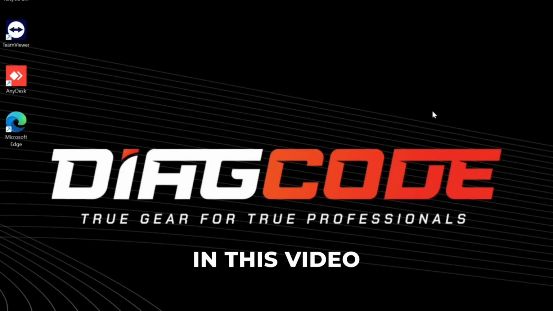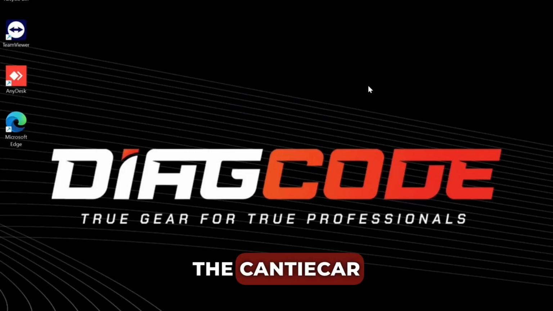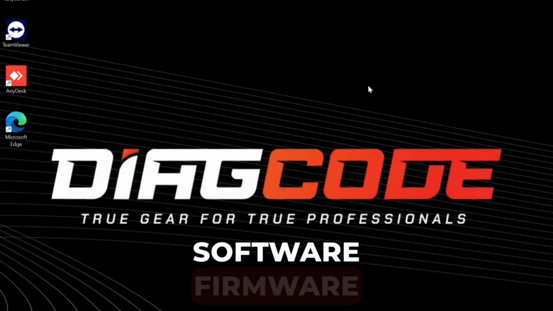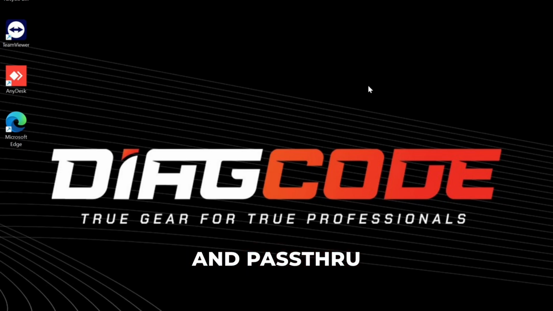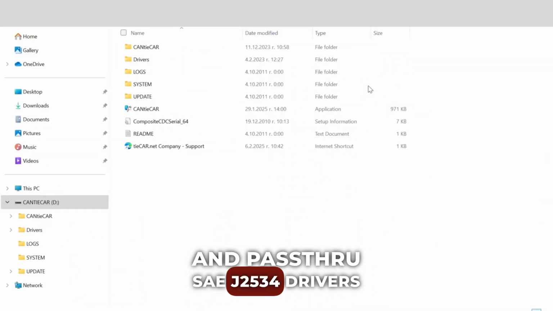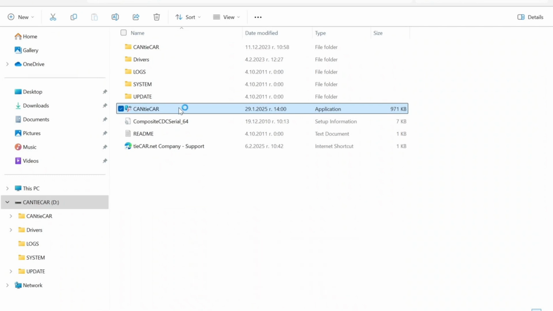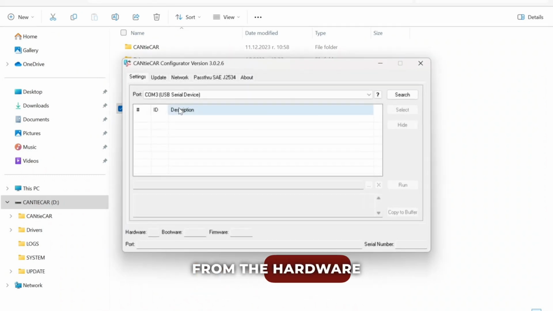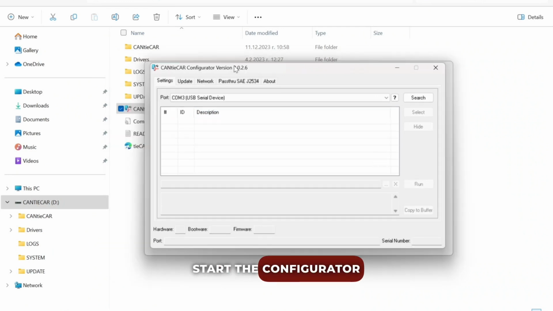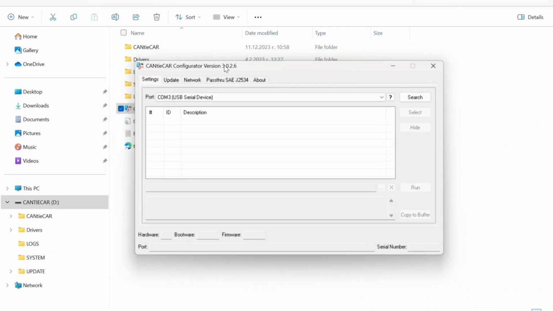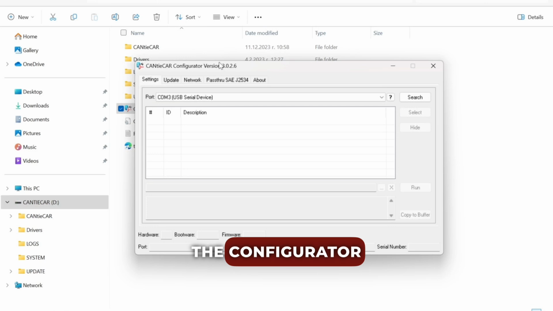In this video, we will show you how to update the CANtieCAR configurator software, firmware, and Passthru SAE J2534 drivers. Connect the CANtieCAR interface to the PC via USB cable. The folder opens automatically from the hardware. Start the configurator, this CANtieCAR file. You can see the current version of the configurator, which is